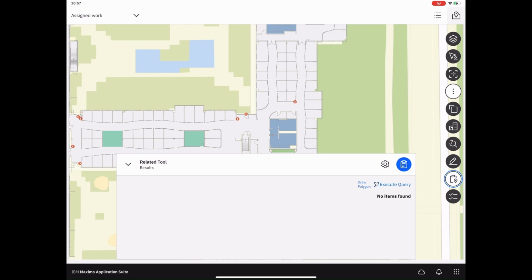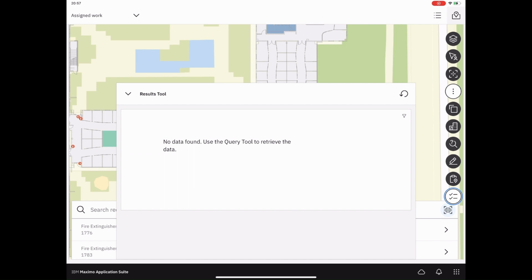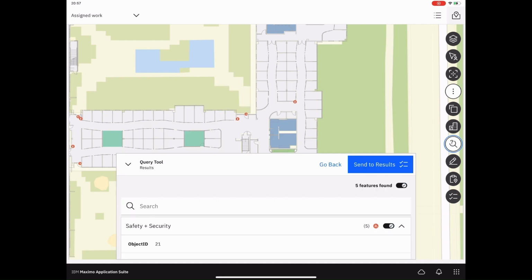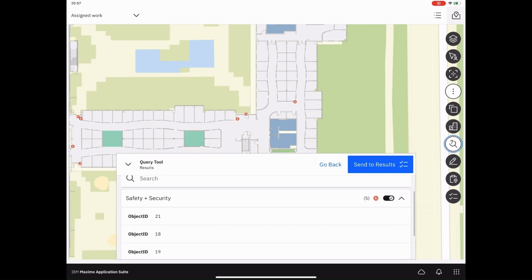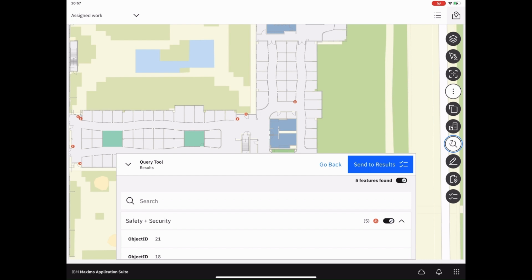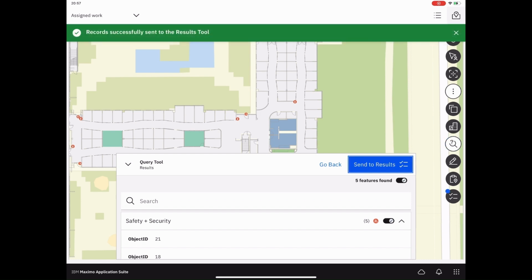There is also a related tool, which is for work orders that need to execute work on more than one asset. The related tool can present more than one asset for the work order. So a work order contains three or four assets that will be presented with that